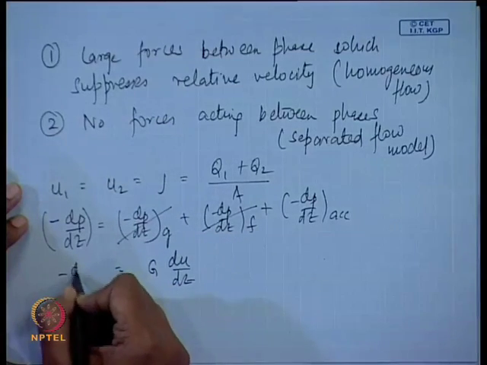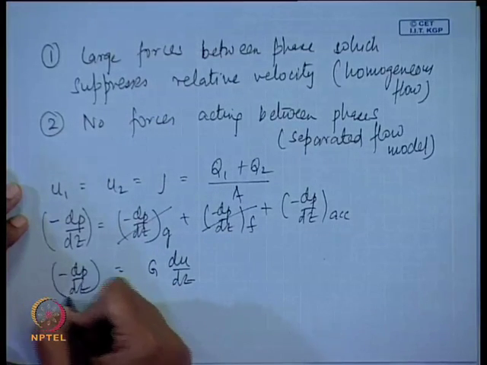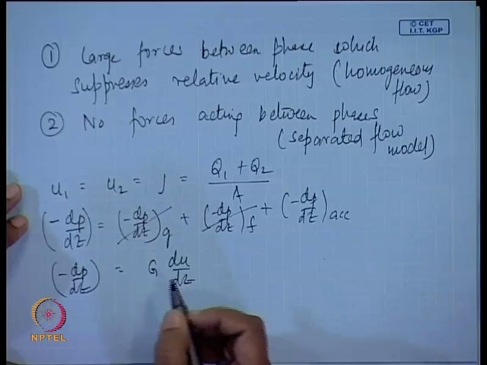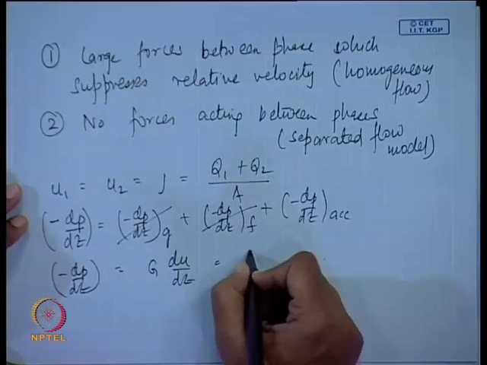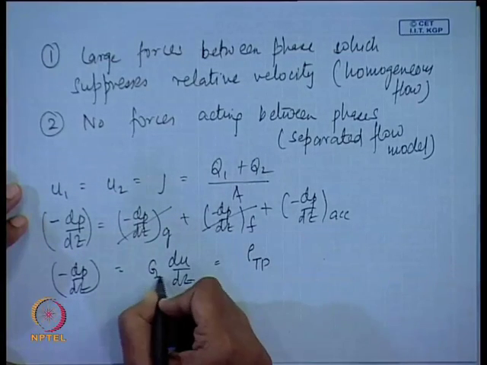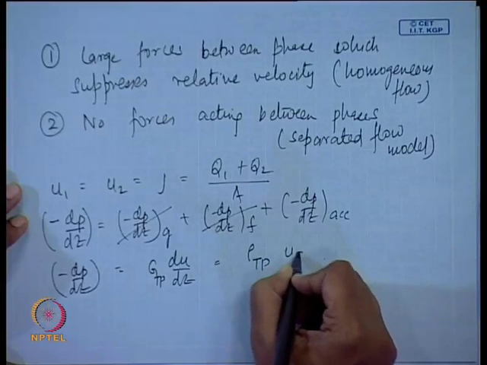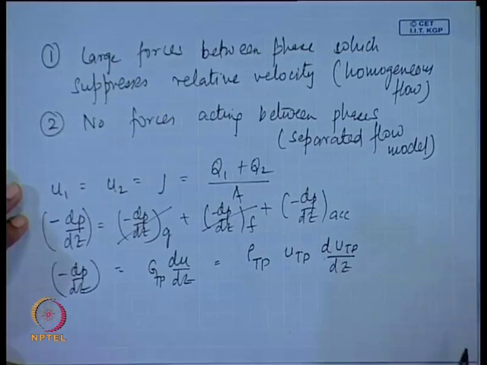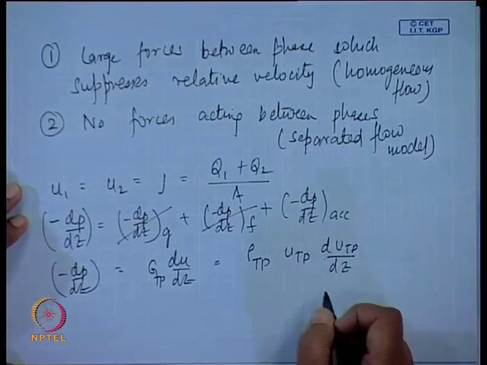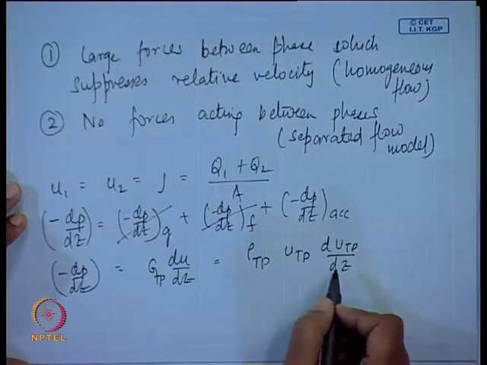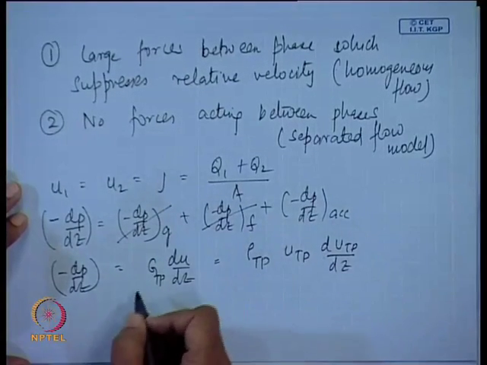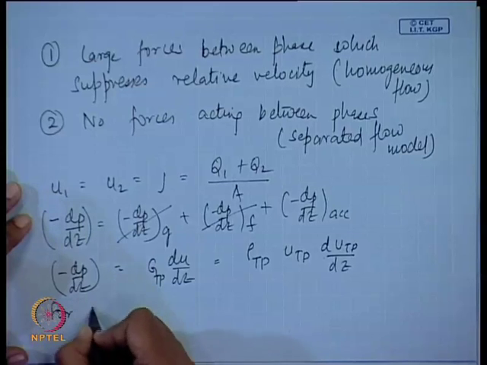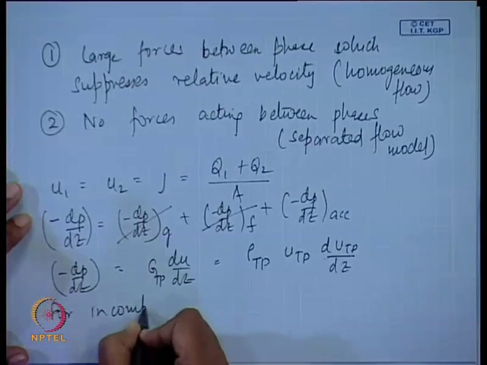Okay, this was equal to minus dP dz in this particular case. Or in other words, this G was nothing but equal to, this was G two-phase, rho TP UTP dU TP dz. Yes or no? Agreed. So, in this particular case we found that, since the densities are more or less